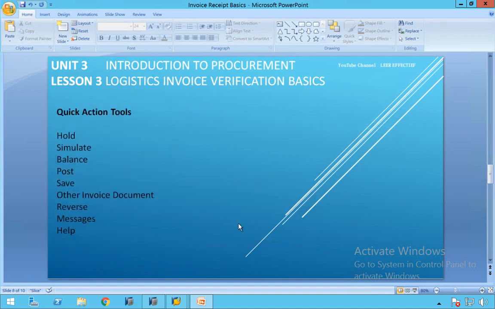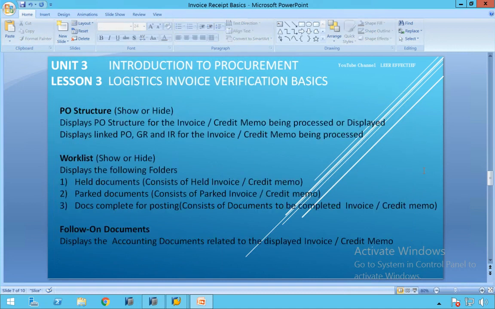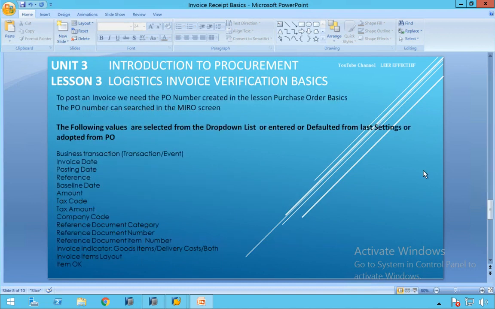Hold, we understood. Simulate, we understood. Balance, we understood. Post, we understood. Save and post are both the same. We understood messages and help. Follow on documents I'll explain once I post the invoice document.